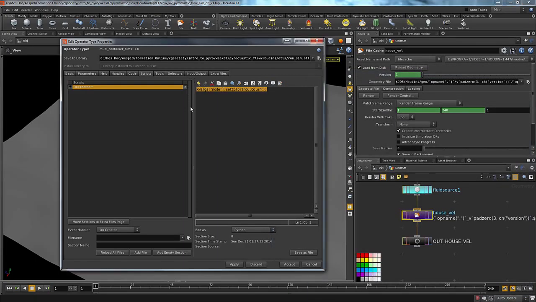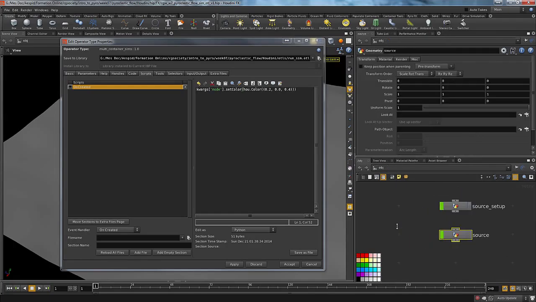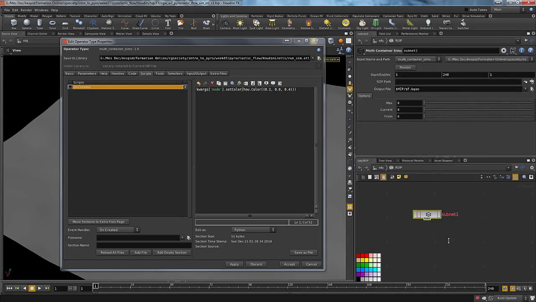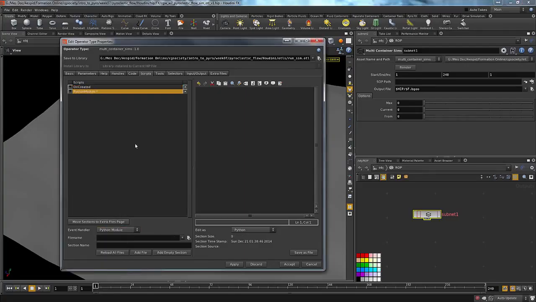So paste and apply. So next time I'm going to create it, okay, it's going to be that purple color. And now I'm going to add here a Python module. Okay, and now here I'm going to type a function that's going to get called when I click on the render button. So I'm going to call it def render,